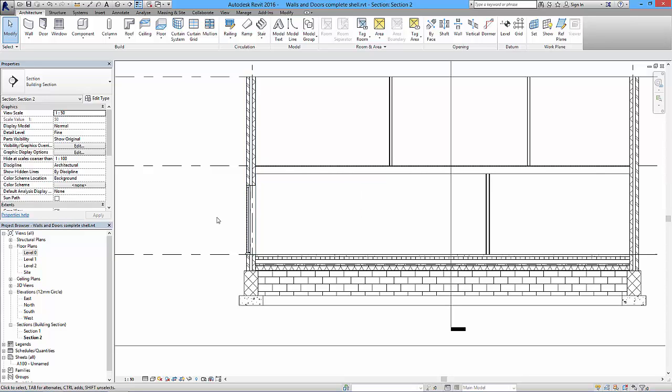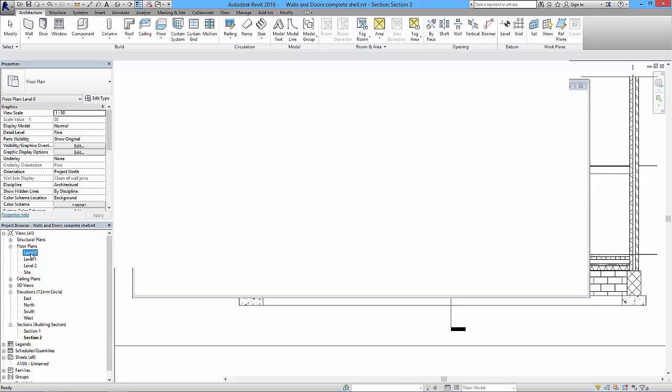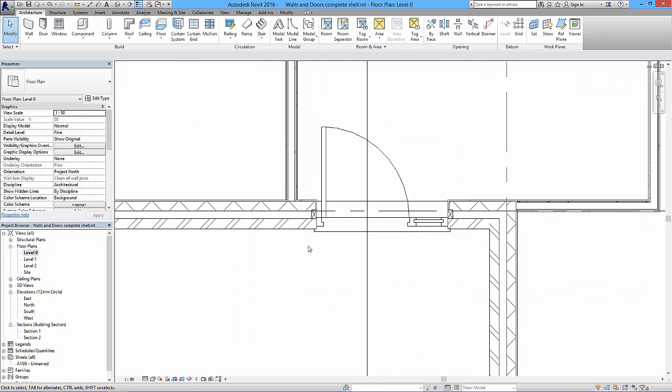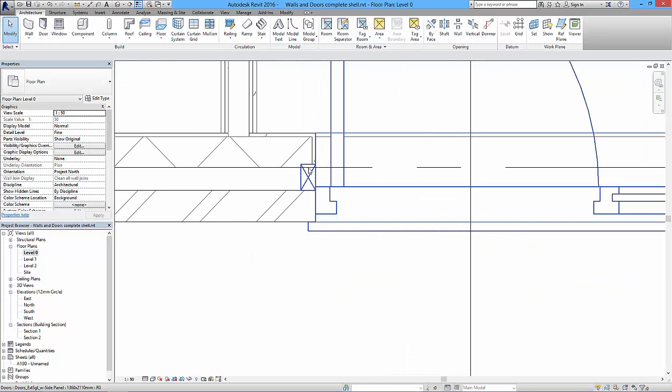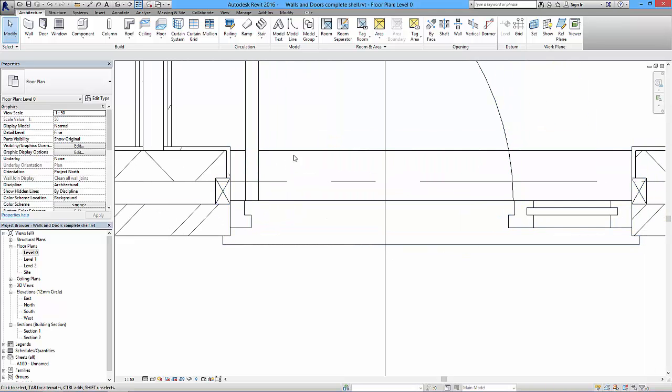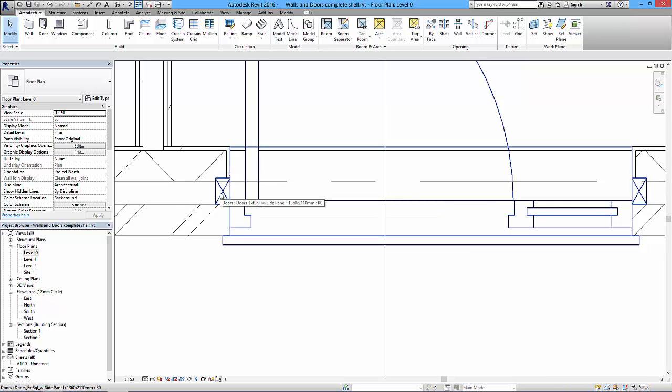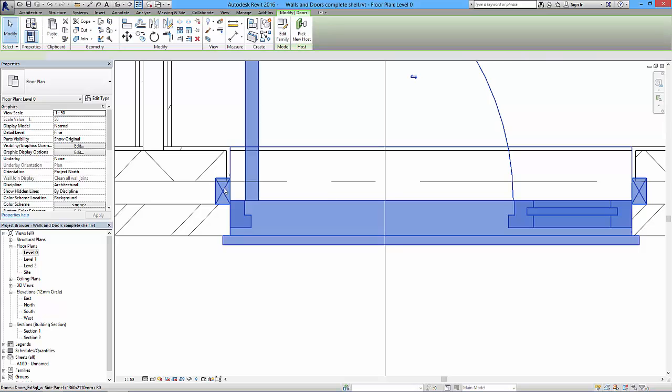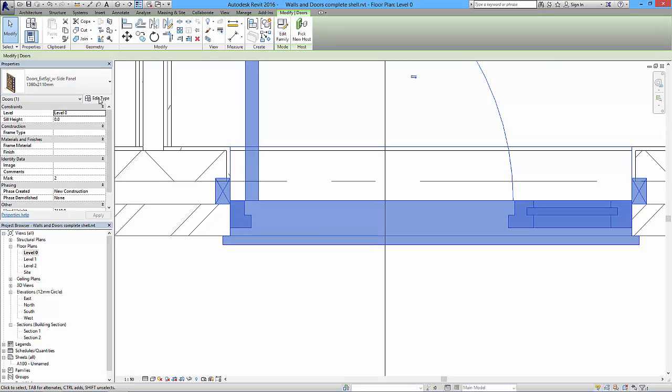So what you do get, and we'll go back to the floor plan, are some elements which form these sorts of things. This is a cavity closer, which you get in plan, and then you get the sill and the back plate, and you get all this sort of stuff going on as well. So if you did want to change the thickness of this cavity closer, then you can do that in the door type properties. So if I just click on this for a second, and then we go to edit type,